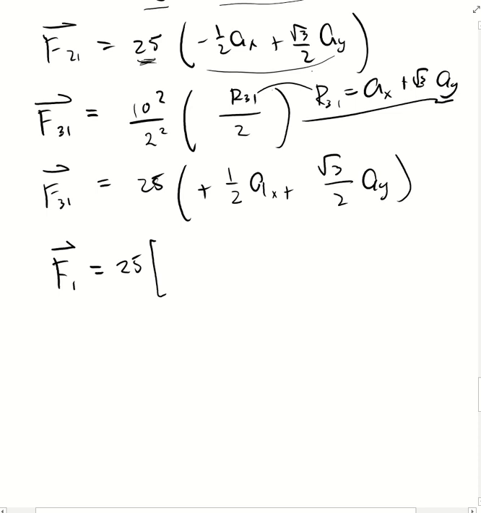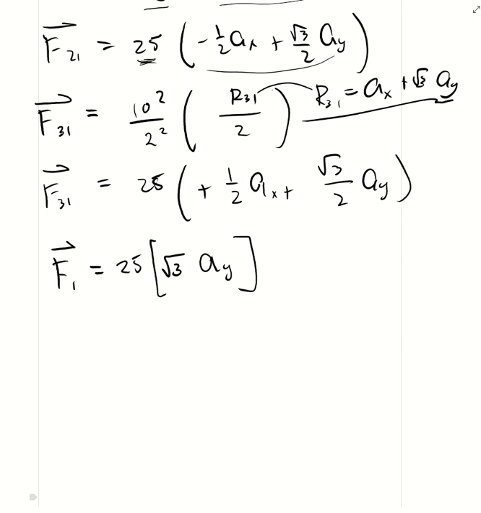Then square root of 3 halves plus square root of 3 halves, so just multiply it by 2, or you multiply it with square root of 3 AY. Then you multiply 25 by square root of 3, which is equal to 43.3. So F1 will be equal to 43.3